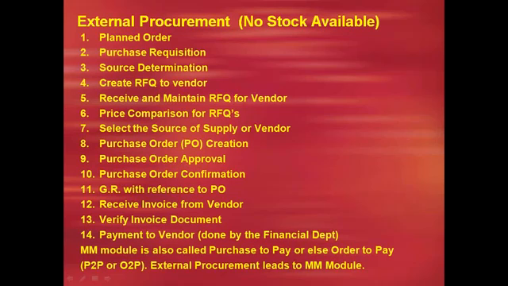The second case is stock available. What is the meaning of stock available? The customer has placed the order, and to execute it, the company has the stocks of the materials. That is called stock available. So here, the planned order is further converted to a production order because the company has the stocks of the raw materials, and releasing the production order, goods issue of the subcomponents with reference to the production order.